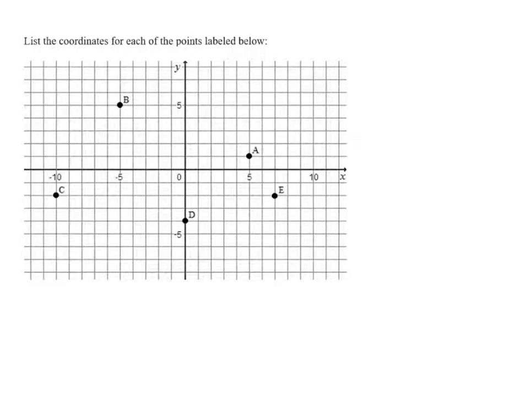List the coordinates for each of the points labeled below. Let's start with A. If we look at A, which is right here, the x-coordinate of A is 5, because